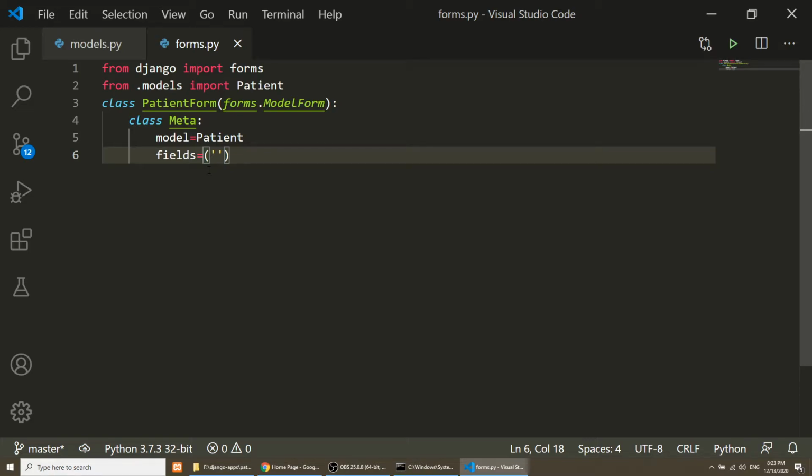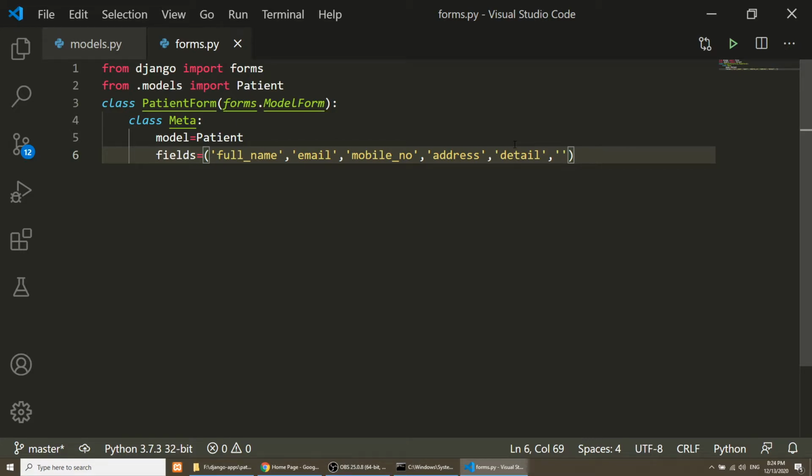So we need to show full name, email, mobile number, address, detail, precautions, and one thing more, the next visit date.